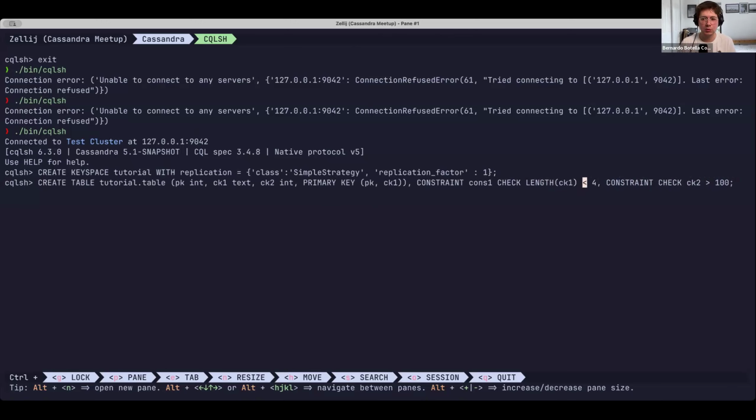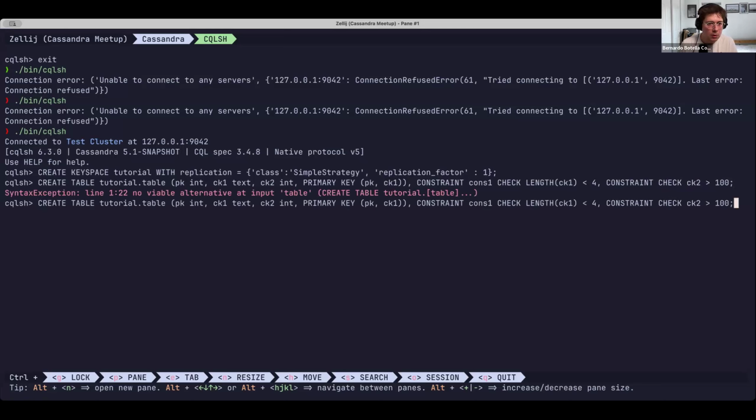Now I'm adding two constraints, one with a name, the other one without a name. The first one uses the length method, checking that it's smaller than 4, and the second one, without the name, so the ID should be randomly generated, is a numeric constraint that CK2 should be bigger than 100. And of course it doesn't work.